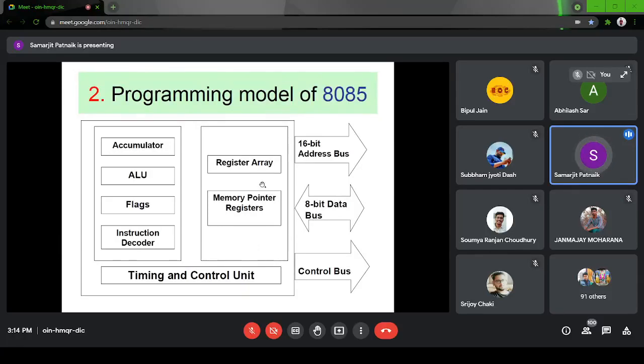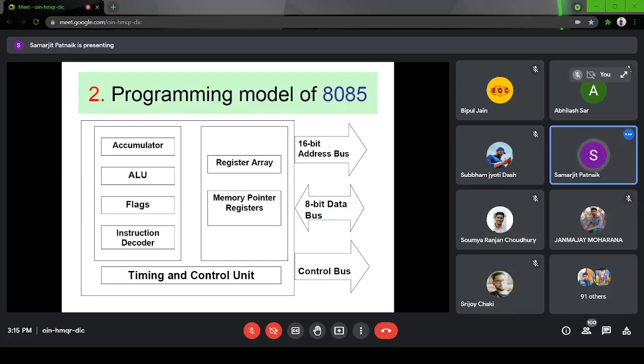So basically, this is the programming model, not the architecture. What is the difference between programming model and architecture? Programming model means this is the part which we will be using for programming. There are a lot of other things which we do not use in programming directly, but they are part of the architecture, like timing and control unit, interrupts, counters.